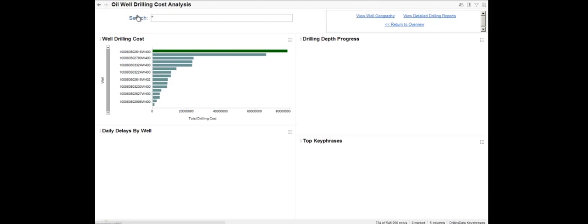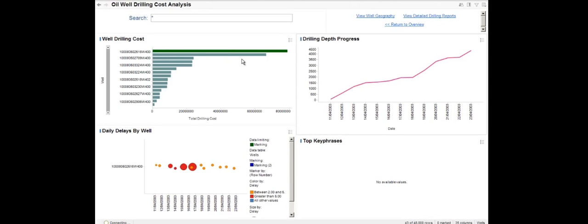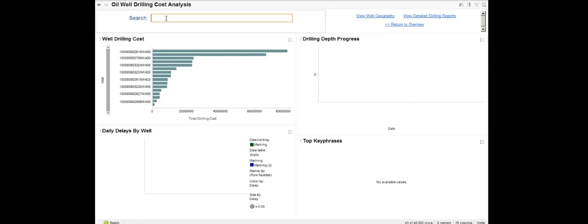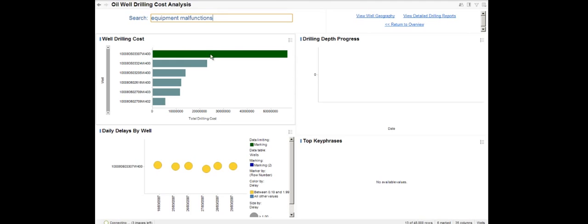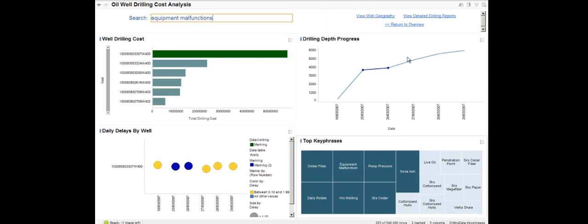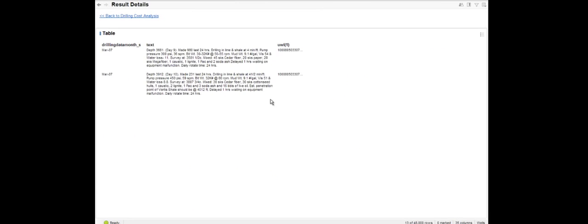Another aspect that's unique to the Spotfire Ativio integration is the ability to use a Google-like search to identify problems that we want to look at. For example, let's say instead of looking at one particular well site, we want to look at the overall impact of equipment malfunctions. Now we see our well list filtered down to those wells that had daily reports that referred to equipment malfunctions. There is one outlier in particular here, and we can see some of these slowdown points in the middle. We can select equipment malfunctions from the top key phrases tree map, and again, we can go and read the details of the reports to understand